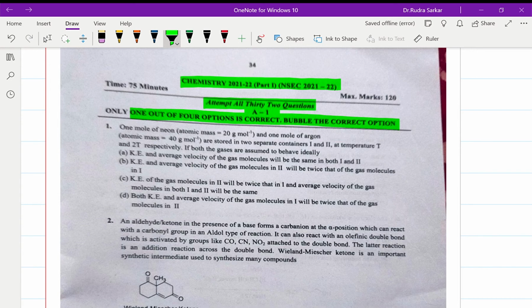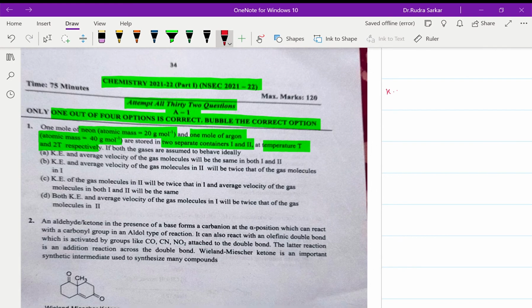1 mole of neon gas is given, which is 20 gram per mole, and 1 mole of argon is given, which is 40 gram per mole. They are stored in two separate containers, 1 and 2, at temperature T and 2T respectively. If the gases are assumed to behave ideally, then we have to find out the kinetic energies and the average velocity. So kinetic energy